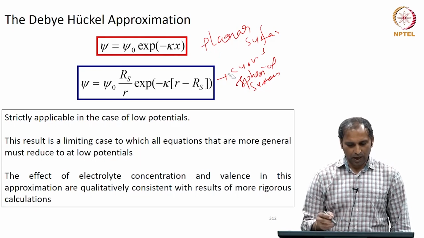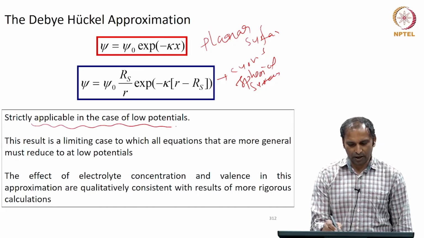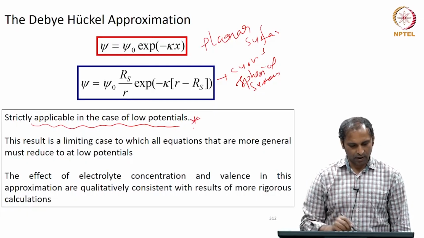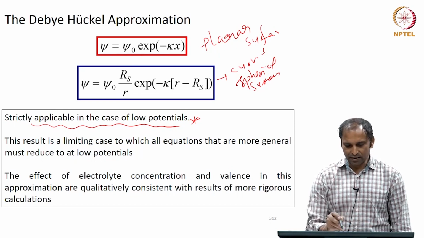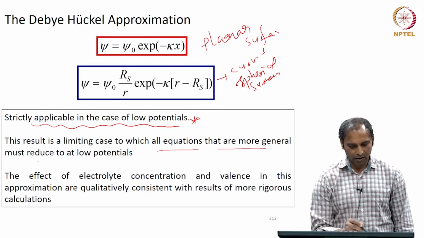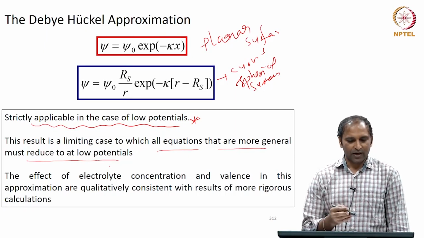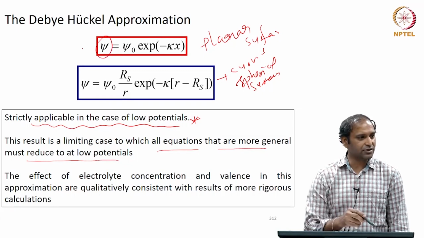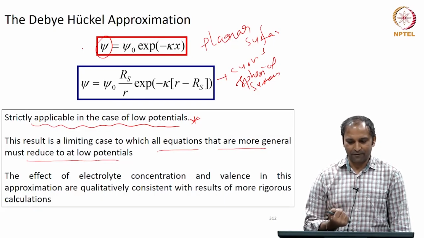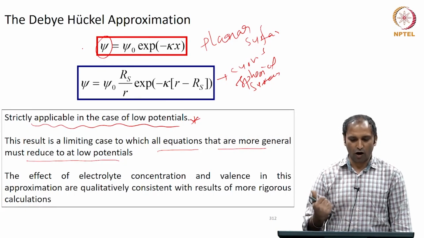A couple of things to keep in mind when you are looking at these expressions are, these are strictly applicable in low potential cases. That is what we have assumed throughout these derivations. So, that is very important. And this result is a limiting case to which all equations that are more general must reduce to at low potential. That means, if I have a way of deriving a similar expression for how psi varies with distance for a more general case, where the potential need not be low, if you have a very high potential case,